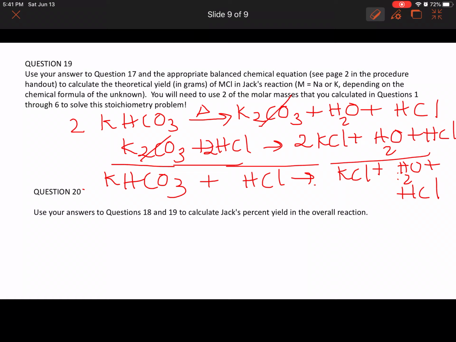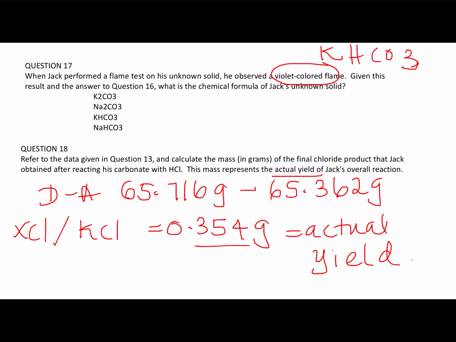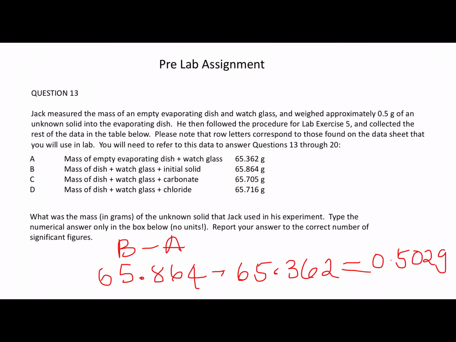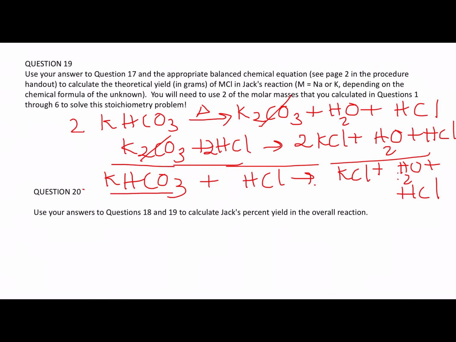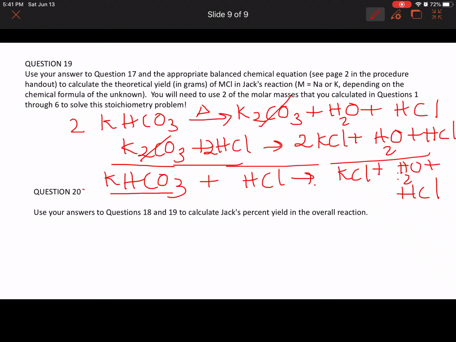Okay. Now we need to calculate the theoretical yield for this calculation. So you started with potassium bicarbonate. What's the amount we started with? That's the initial amount. So the initial mass is going to be 0.502 grams. That's the amount we use. So you use that 0.502 grams